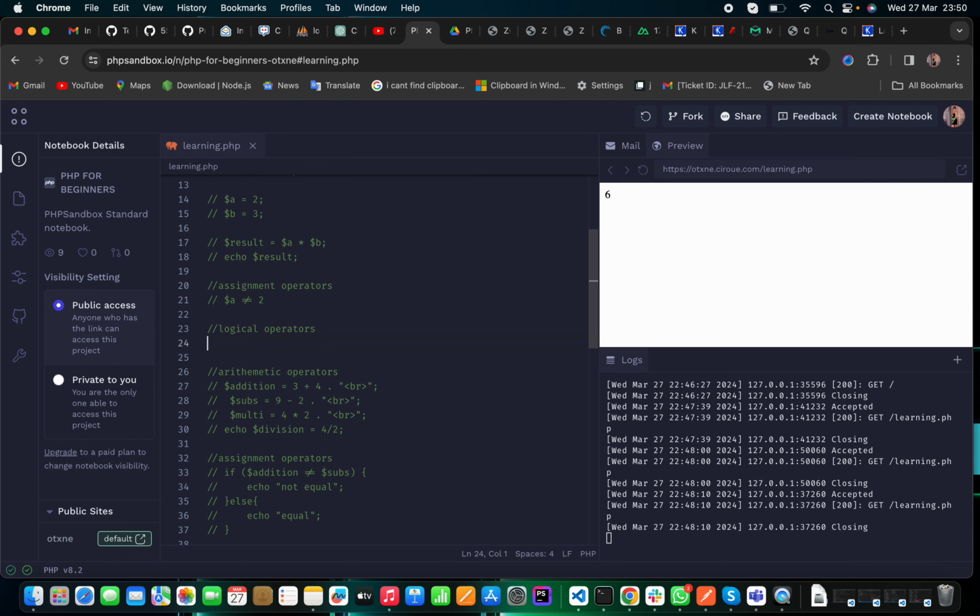We are going to be using a condition to do this. First of all, we are going to create a variable. We call it variable a equals to 5. Terminate the line of code. Variable b equals to 6. Terminate the line of code. Let's start with this first. If we need more, we can add. If